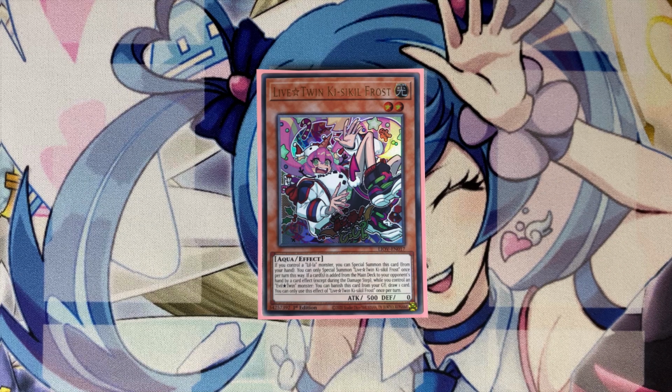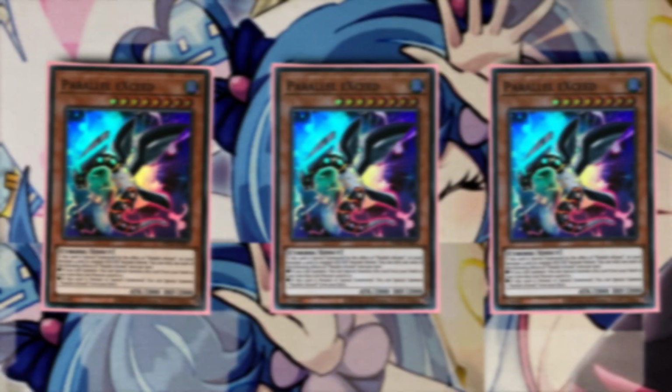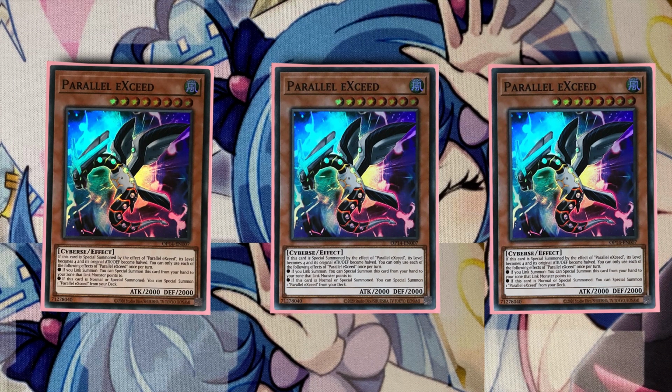Now the last monster in the deck is 3 copies of Parallax. So if you don't use the spell card right away, then you can go into a Parallax, and Parallax has 2 options. First of all, of course, you can go into rank 4 because it's whatever people do with Parallax, but also you can go into more cards, because with Parallax, if you go into a Link Disciple and a Link Devotee,